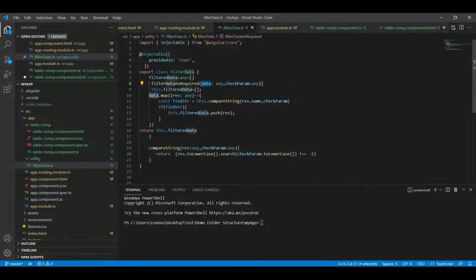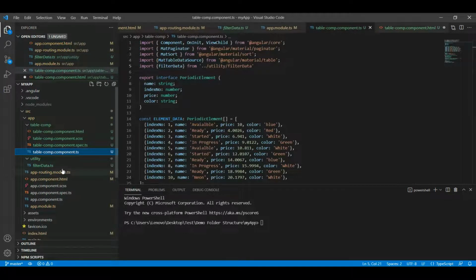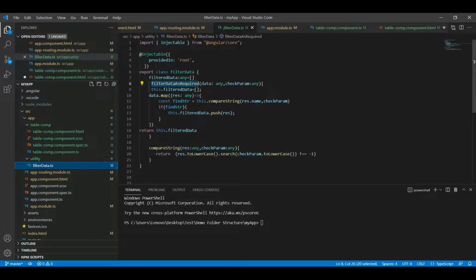This data is nothing but the data source. We are passing it to this method from our table component.ts, and we are taking that data as a parameter. The check parameter is whatever the user is typing in the input box, and then we are passing the name of that data source and the check parameter to the compare string method.